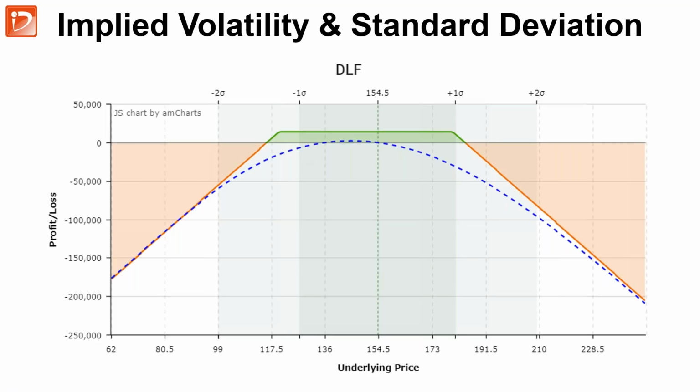And similarly, if the break-evens were beyond the 2 standard deviation range, then you would say the probability of profit for that strategy would be 95.4% or more. So that's how probability of profit is calculated. So that is the relationship between the implied volatility and standard deviation. They're strongly linked together. So if you want to understand the probabilities of success of your option strategies, it's important to understand this particular relationship.